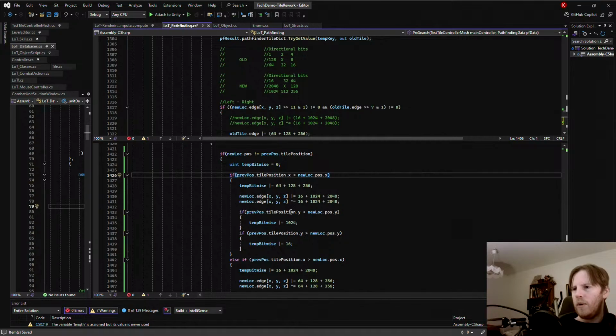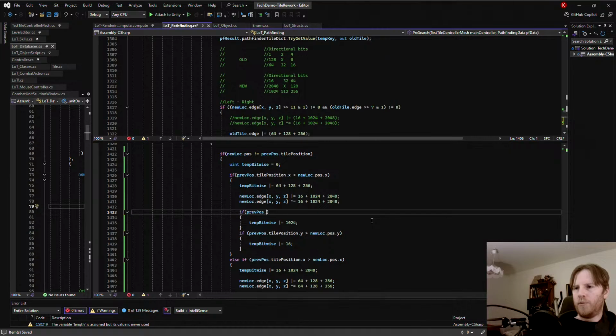But instead of checking the previous position's tile position, what we need to do is say if previous position dot edge and 512 does not equal 0. Then we're gonna set